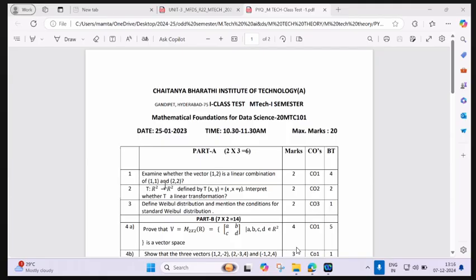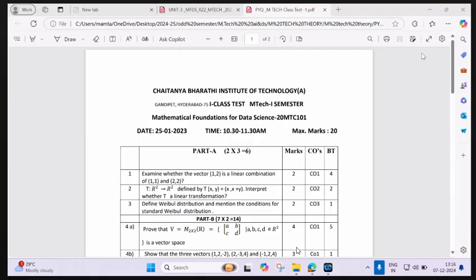1 comma 2 as a linear combination. The solution is there in the textbook that I have shared with you. Then the next question: T is a mapping from R2 to R2, where T of x comma y is x comma x plus y. Can anyone tell me what are the two conditions which can prove that the given operation is a linear transformation? You have to first check for,